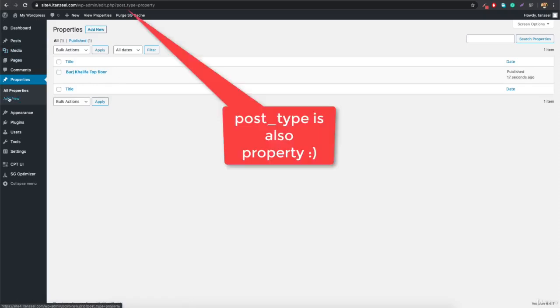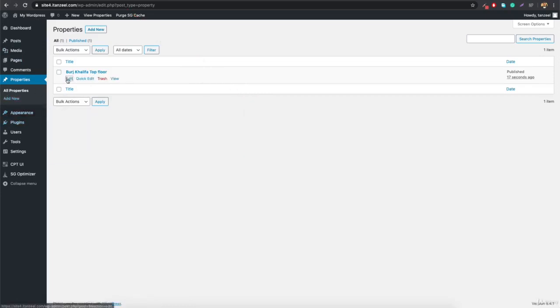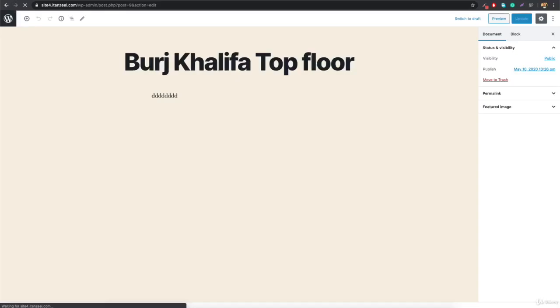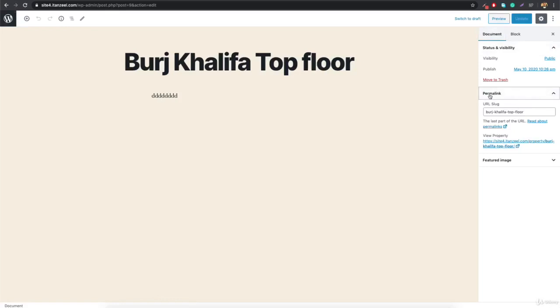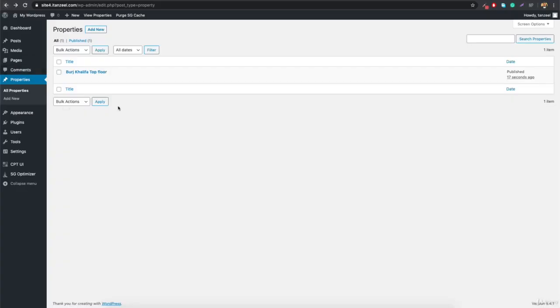You can add a new property, but let's suppose that you want to allow the categories as well, so that the user can select which category it is and how it should be looking. Because if you come here, you can see we've got just the permalink and the featured image. We don't have the category right here. So if you need the category, you have to go to the CPT UI again, and you have to hit edit